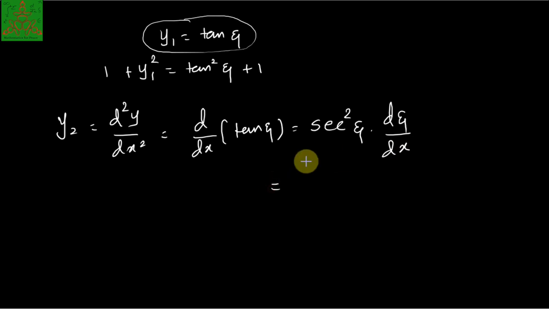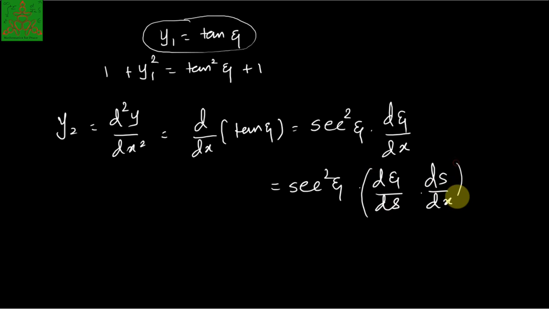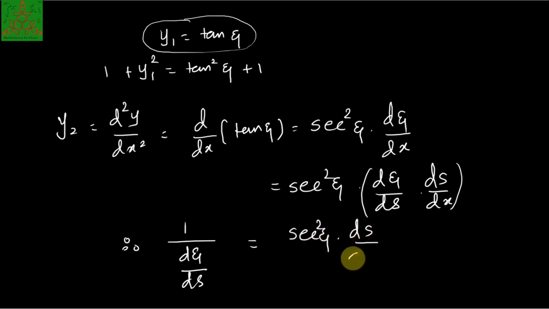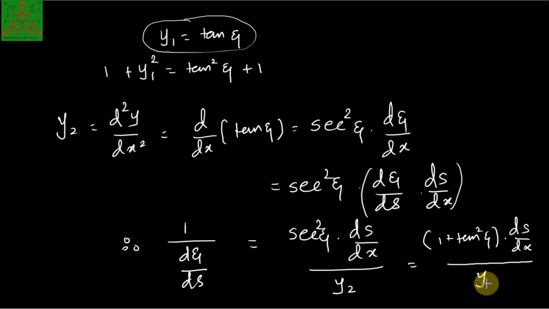Now according to the chain rule, it is sec square xi into d xi by dx. Sec square xi I may write down as it is, and using the chain rule I can write d xi by dx as d xi by ds into ds by dx, where s is the arc length. And therefore we can say that 1 upon d xi by ds, which is the radius of curvature, equals sec square xi into ds by dx upon y2. So sec square xi I can write as 1 plus tan square xi, into ds by dx, and y2 as it is. So therefore this radius of curvature, 1 upon d xi by ds, which we have denoted as rho,